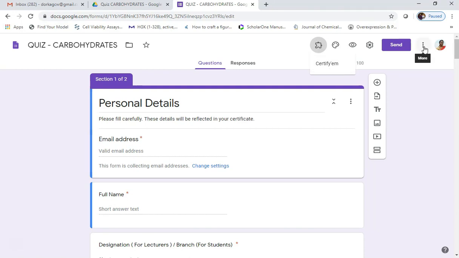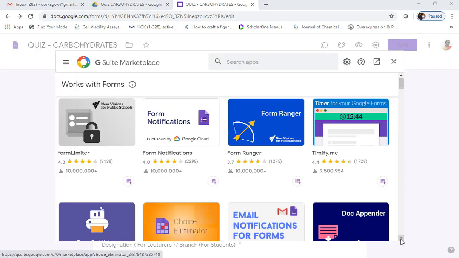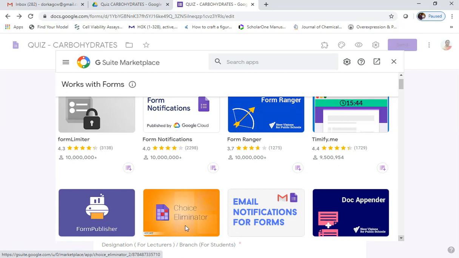And we will also install another add-on. Go to the same more. After selecting add-on, after clicking more, you will see the add-ons that can be added here. From here, select Email Notifications for Forms.